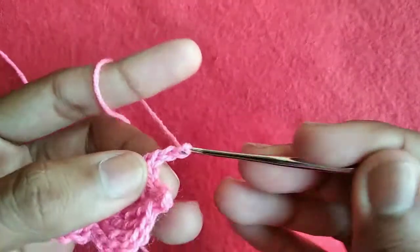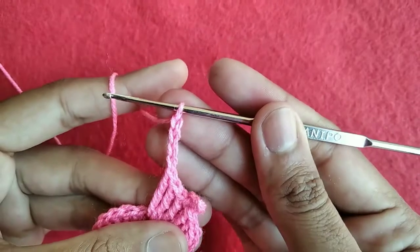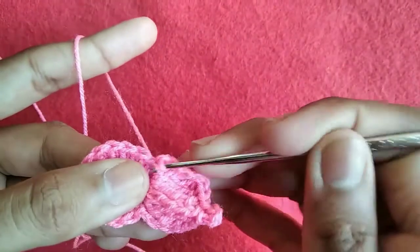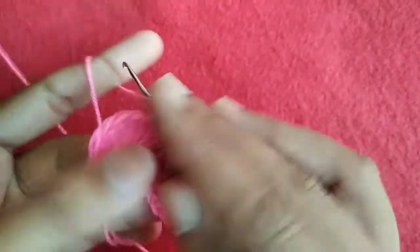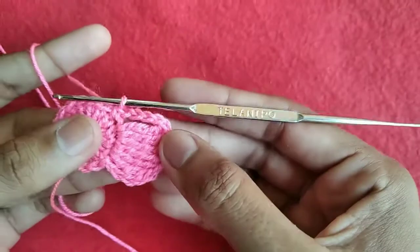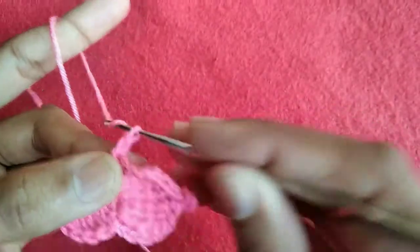Now make chain 4 as we have done in the start. Go into the next fourth double crochet stitch, pull the yarn and pull through 2 loops to make a single crochet stitch. This is our first petal. Now for the second petal,